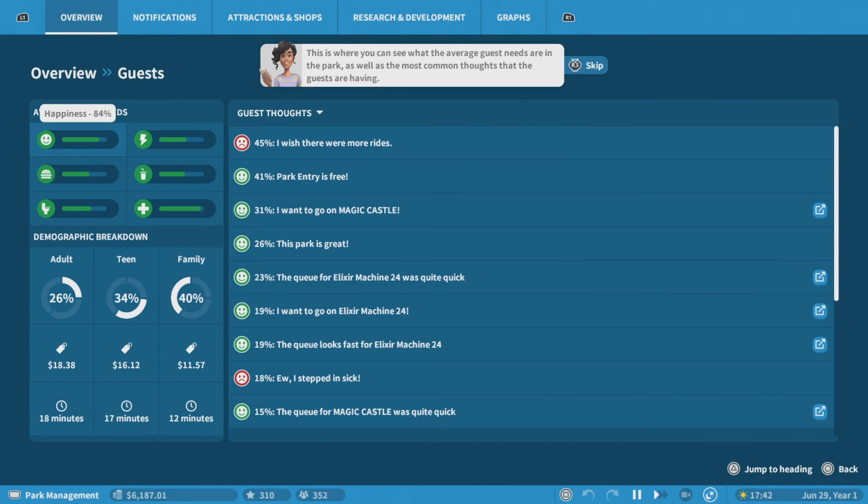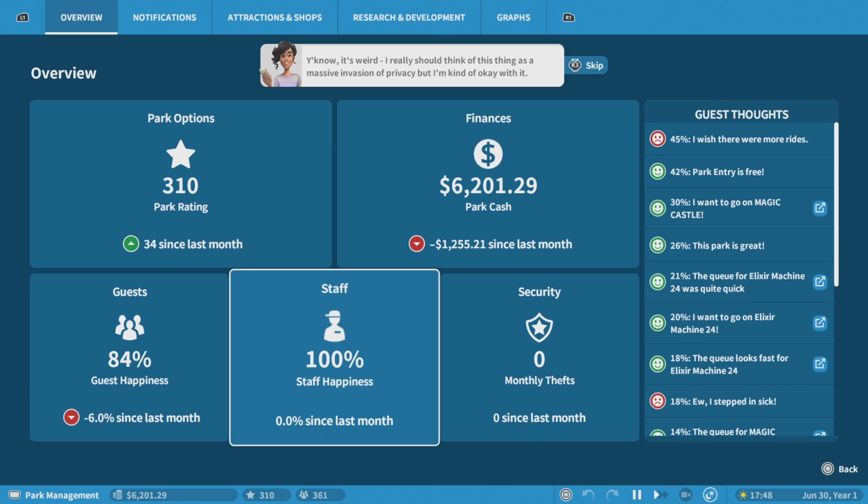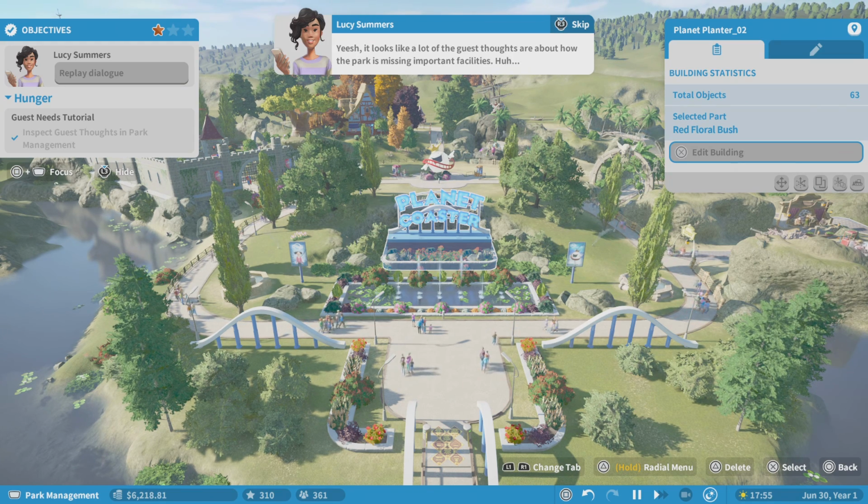This is where you can see what the average guest needs are in the park, as well as the most common thoughts that the guests are having. You know, it's weird. I really should think of this thing as a massive invasion of privacy, but I'm kind of okay with it. Yeesh. It looks like a lot of the guest thoughts are